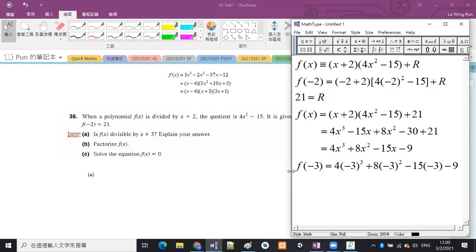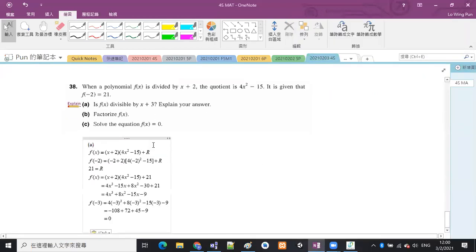Just use the calculator to do this. So it should be zero. Yes, 0. Okay. So please do not explain your answer with words. Explain your answer with calculations. This is the explanation. But you need to write down a conclusion. Therefore,